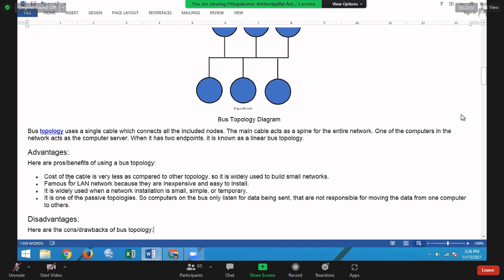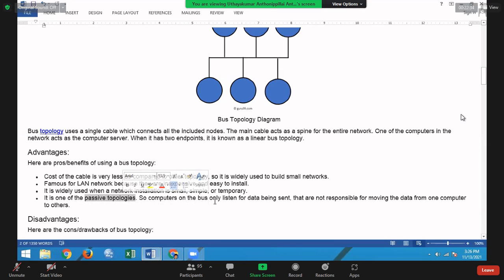Advantage: the cost of cables is very low compared to other topologies. It is famous for LAN networks and widely used when a network installation is small, below 10 computers. It is one of the passive technologies.